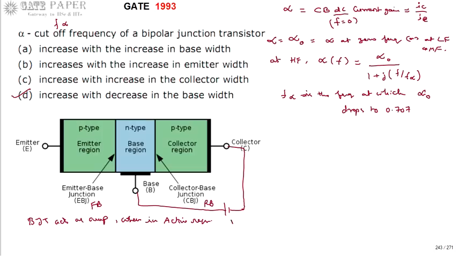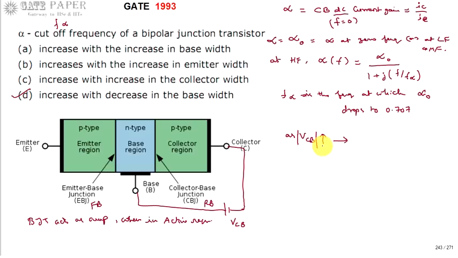So think of it as VCB, voltage at collector to base. As you are applying negative voltage, this collector-base junction is becoming reverse biased. As VCB increases, that is, you are increasing the reverse bias. Increasing the negative voltage is nothing but we can think of the modulus.